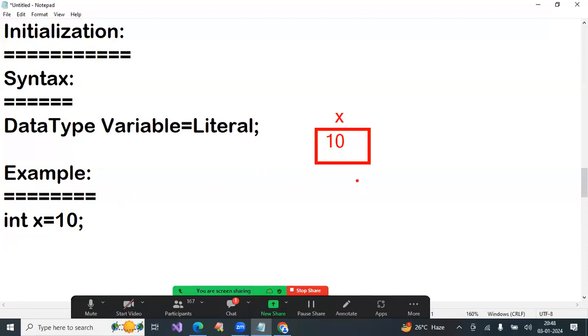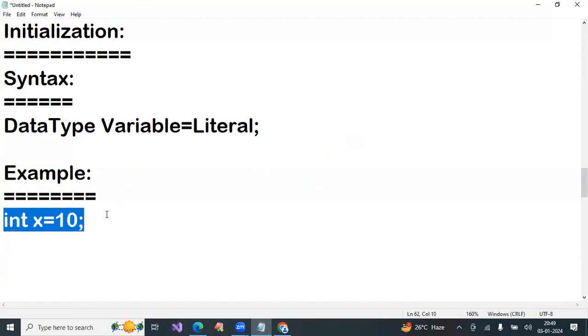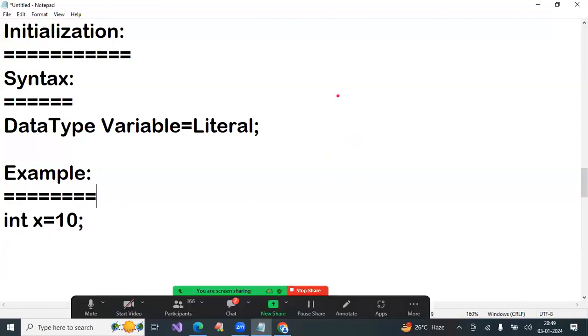Now, you observe this last line: integer x equal to 10. In this line, which is the variable? X is a variable. Variable is a container which contains data.